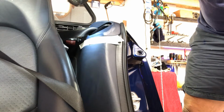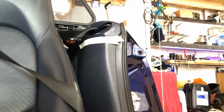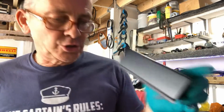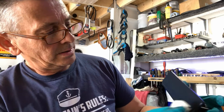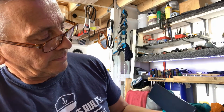Okay, that's it. Right, let's go back to the ashtray. Okay, the ashtray is now pretty much dry, certainly to the touch already, so I am going to go at it again with said sponge. Just a second, I'm going to see if I've got enough. Yeah, I have actually. Less is more. How many times have we heard that saying? Okay, maybe a little dibble dabble. One of the disadvantages, you might say, of